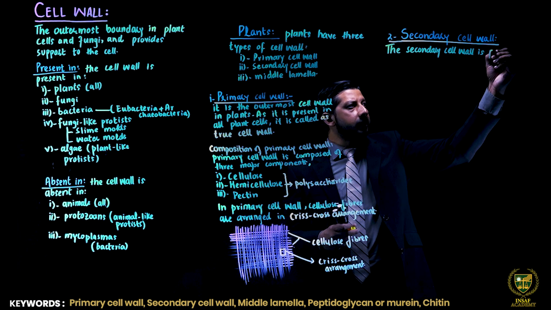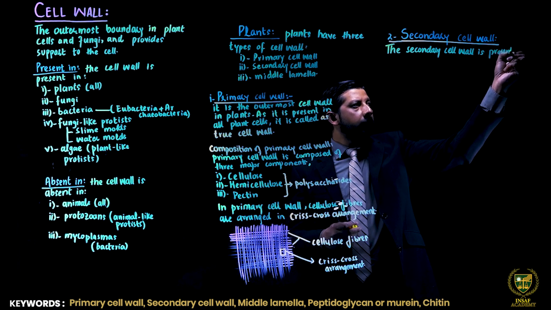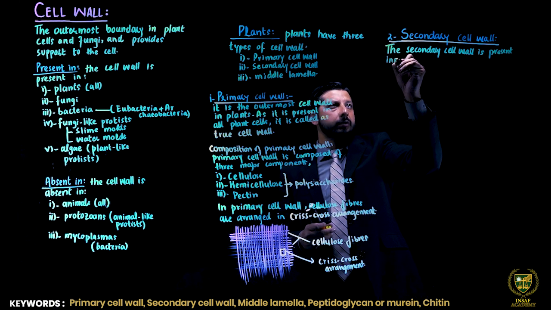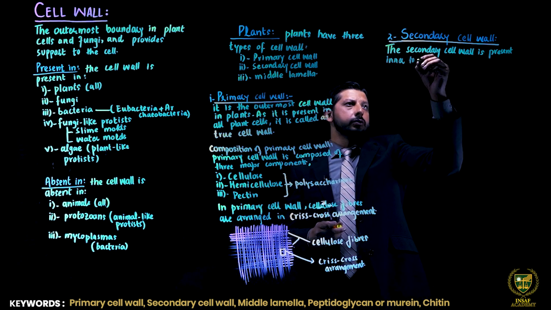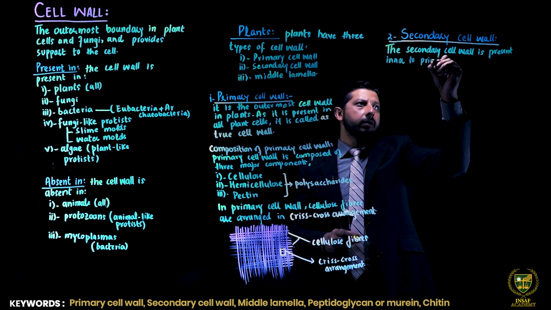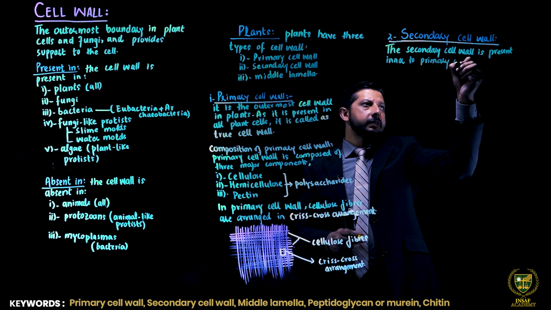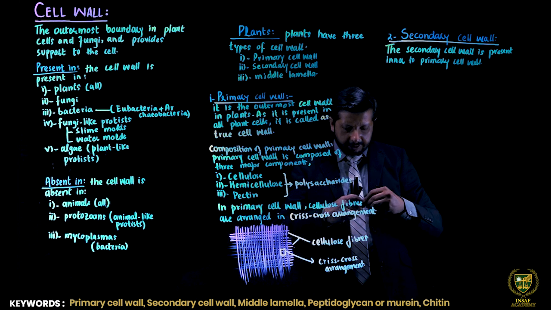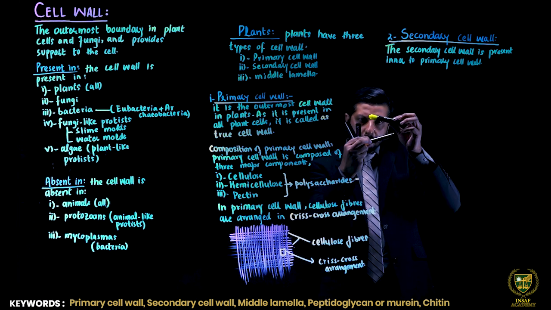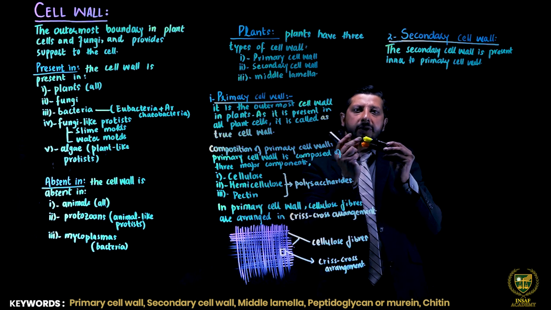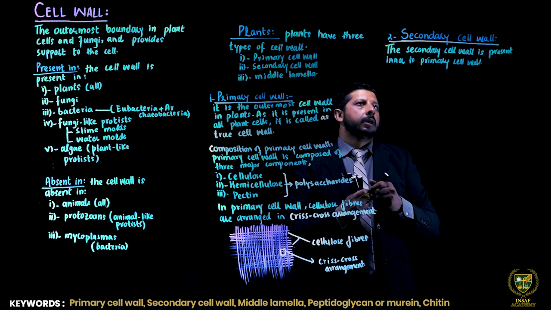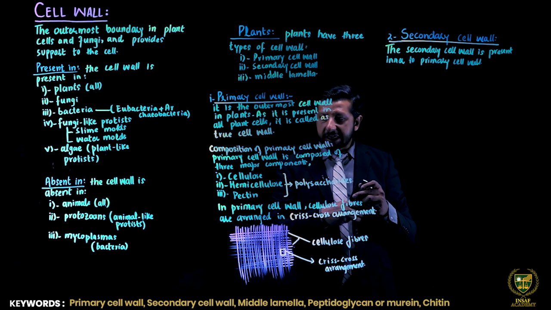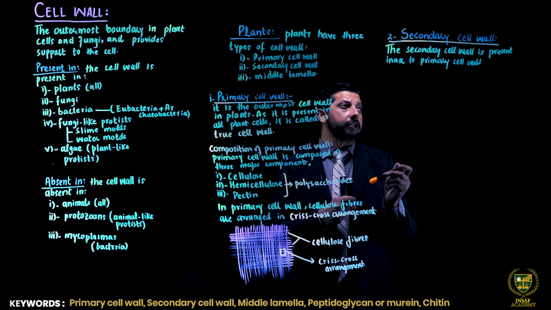Is present inner to primary cell wall. Very important concept. ये बाहर primary cell wall और उसके अंदर वाली साइड पे, inner side पे होगी secondary cell wall. And as far as its composition is concerned,